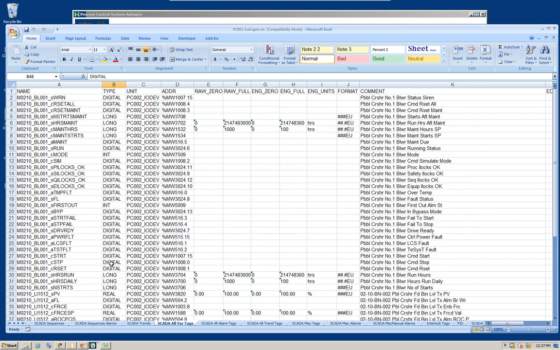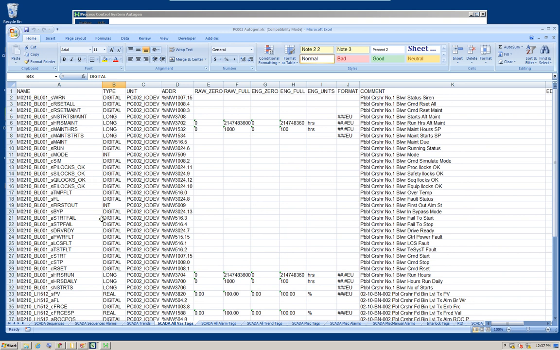So in one page we've got all the variable database tags for this project. In another page we've got all the alarm tags for the project, and in a third page we've got the trend tags for this particular project.